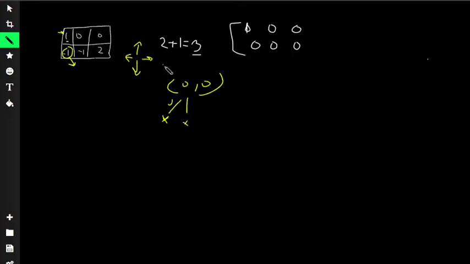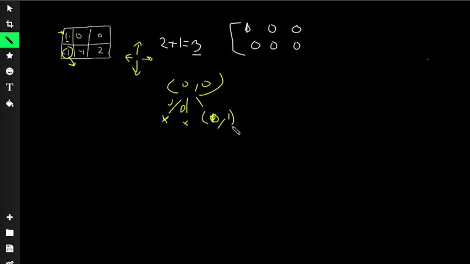If it tries to go right, there is a 0 over here, which means it is an empty square, and it is also not visited, so it can go towards the right. It will then be in the cell 0 comma 1.